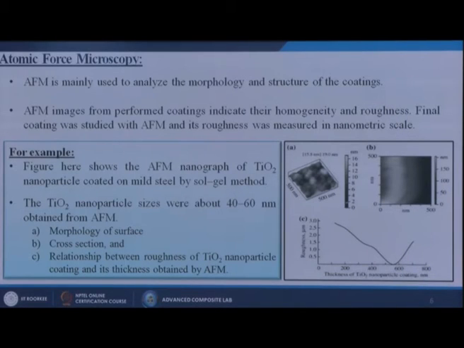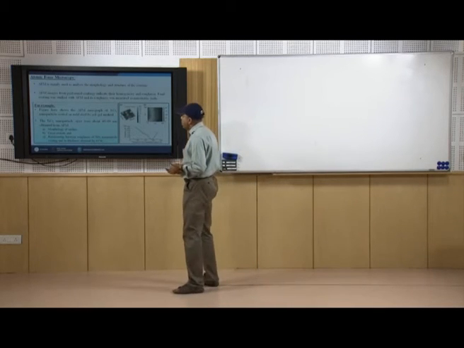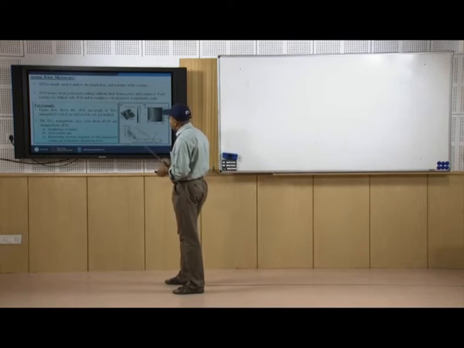So AFM is a good tool to measure the surface roughness or maybe the surface morphology of nanocomposites. When we are making any kind of coating, by simply seeing it we think that it is smooth, but when we look at the same material under AFM, we can see there is some noise or some wavy surface present at that point. So AFM is a good tool to see the surface roughness of the material.